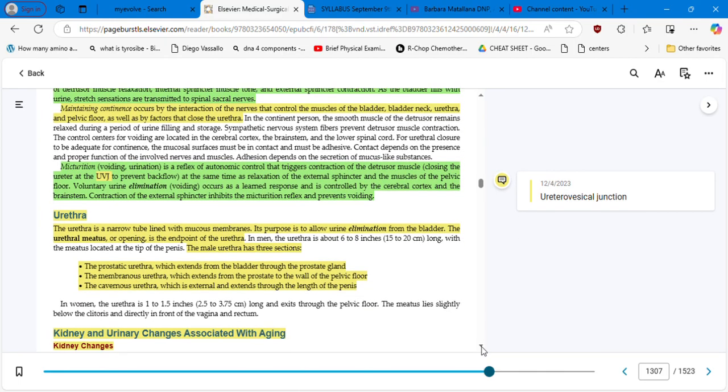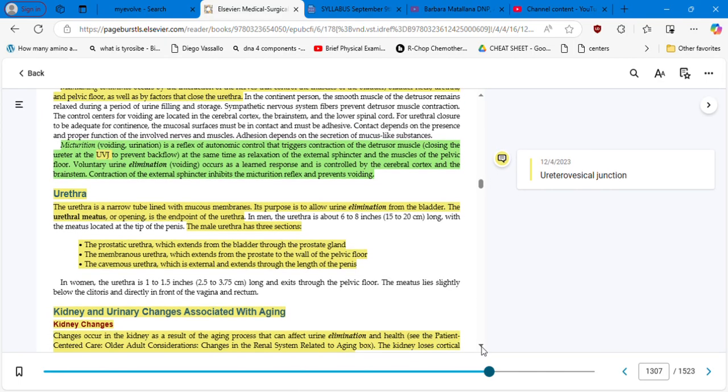Micturition, another term that I want you to remember, is voiding, urination. It is a reflex of autonomic control, also important to remember in relation to the nervous system, right? That triggers contraction of the detrusor muscle, closing the ureter at the UV junction to prevent backflow, at the same time as relaxation of the external sphincter. Okay, voluntary urine elimination, which is voiding,